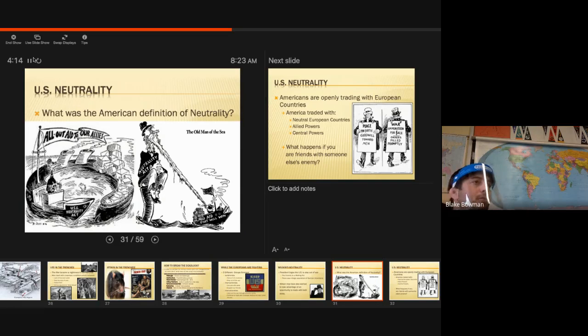And the U.S. stays neutral at the start of each war, World War I and World War II, until eventually an attack happens, something arises where a conflict emerges where we need to get involved. But this is very similar to what we see in World War II with the Neutrality Act. And with these political cartoons, I'll let you think about it. Talk with a partner. What are these political cartoons stating about neutrality and the United States getting involved? Go ahead, talk with a partner. See what you come up with.